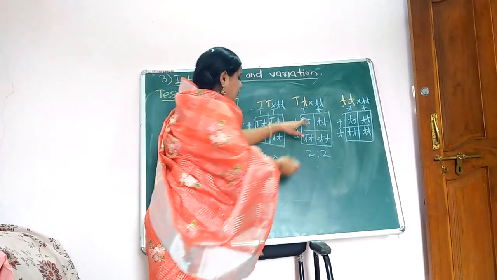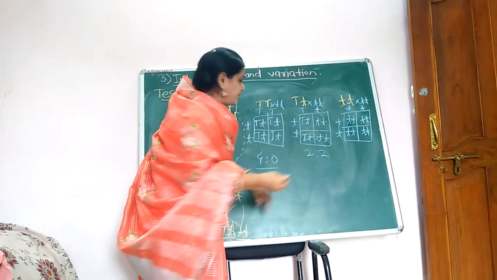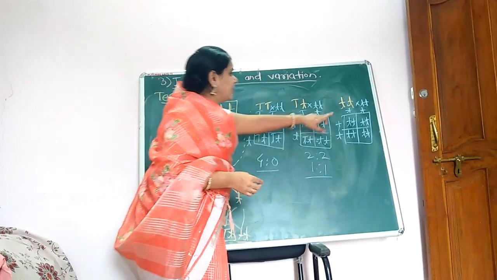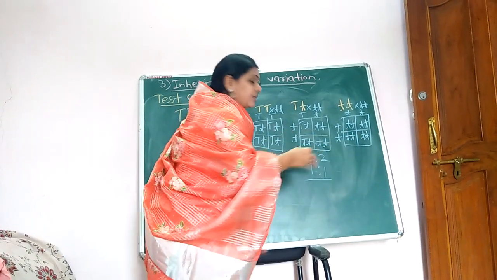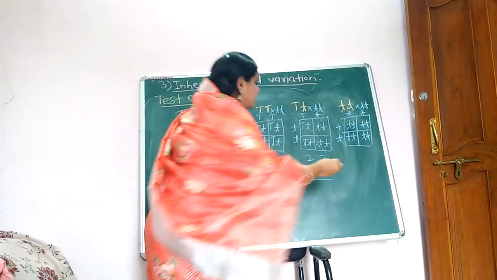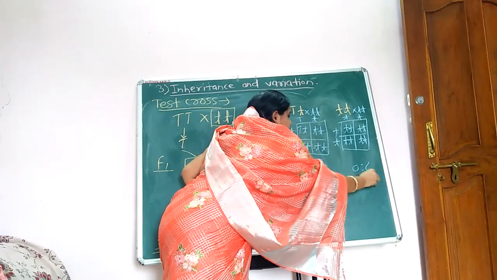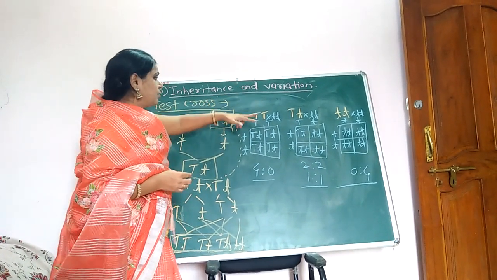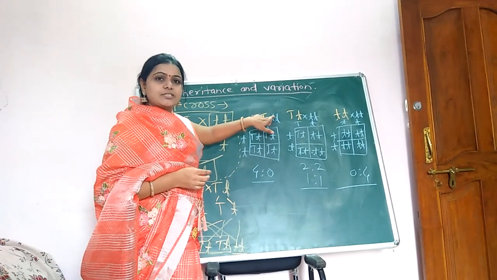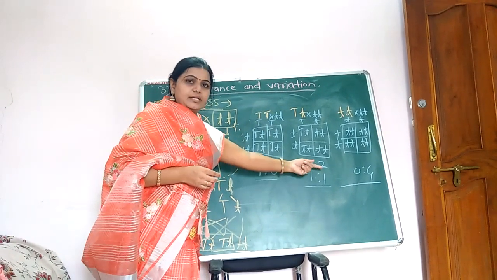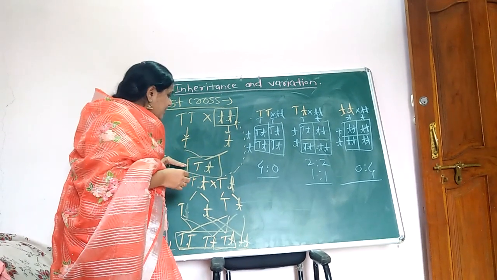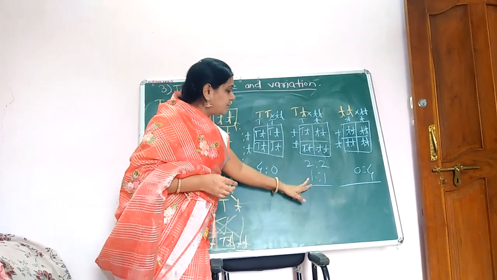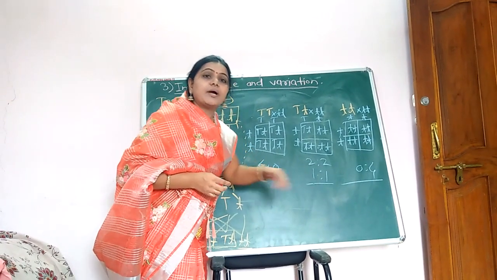2:2. 2 plants are tall, 2 plants are dwarf. Here the ratio will also be written as 1:1. Here all are dwarf. Here nothing, no plant is tall, that is 0:4. When the F2 generation is crossed with a homozygous recessive parent, the ratio will be this, and when the F1 generation is crossed with a homozygous recessive parent, the ratio will be 1:1. But when